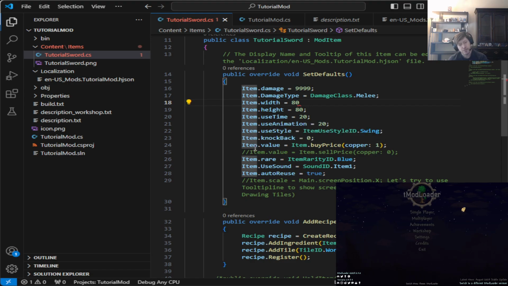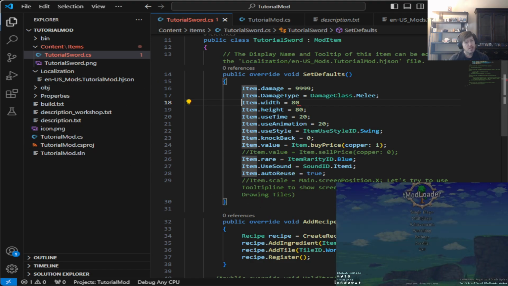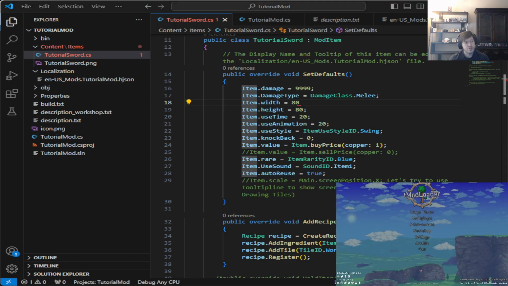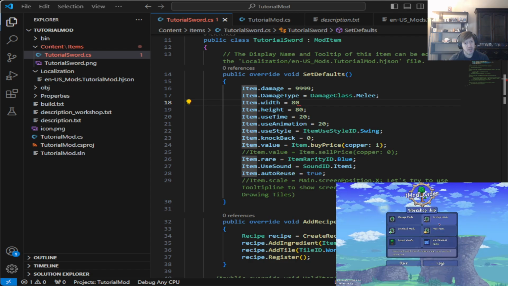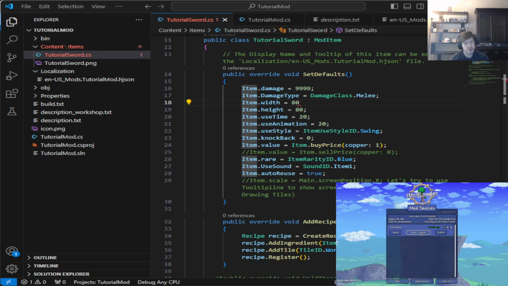Now I'm saving it right now, but I'm not building it yet, right? So if I go to tModLoader, go to Workshop, and I try to build and reload here,